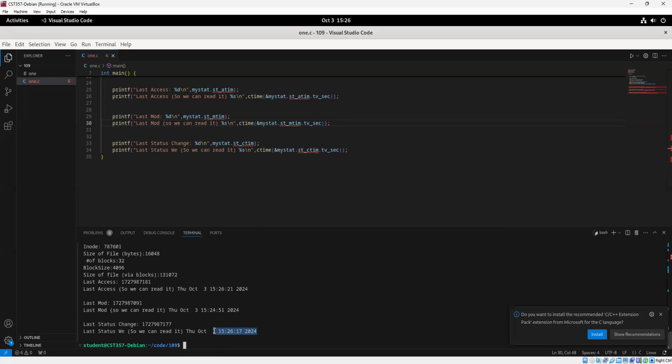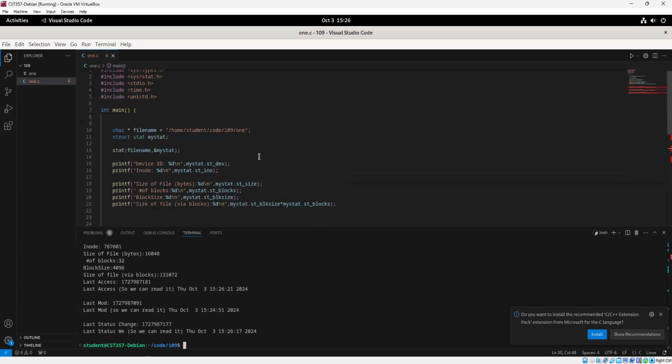And you see that 1526. The last access, it had to access it in order to run the program, right? No, it's accessing it in order to run. Remember, we're actually running one. We're not doing anything with it. So if I change this to, yes,